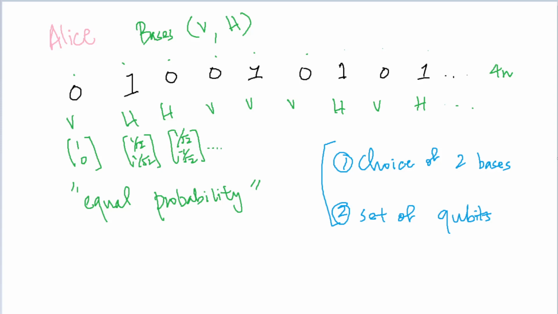And so Bob's like, okay, so now I have this string of qubits. And so what is she going to do? Now keep in mind the string is 4n binary digits long, and so she's going to be using a string of length 4n consisting of 4n qubits, and also she's going to hold on to a string consisting of a total of 4n v's and h's, depending on what direction she's measured it in. Now Bob, on the other hand, receives this string, maybe across the world again, like I said, or maybe even the neighbors. Now Bob receives this string of qubits, right?